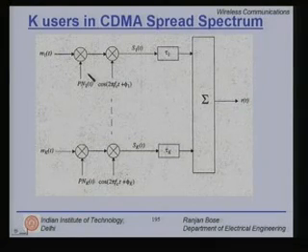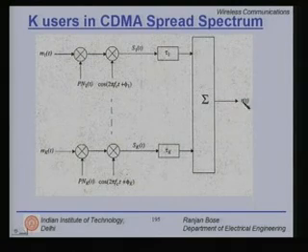User 1 has his or her own PN code, multiplied with cosine 2 pi f_c t plus phi 1, and you get your signal S1. Similarly for M2, and so on till the Kth user, Mk. Take the bits coming in, multiply with the PN sequence, multiplied with cos 2 pi f_c t plus phi k, and you have S_k(t). These are the time delays, summation, and this is the received signal.